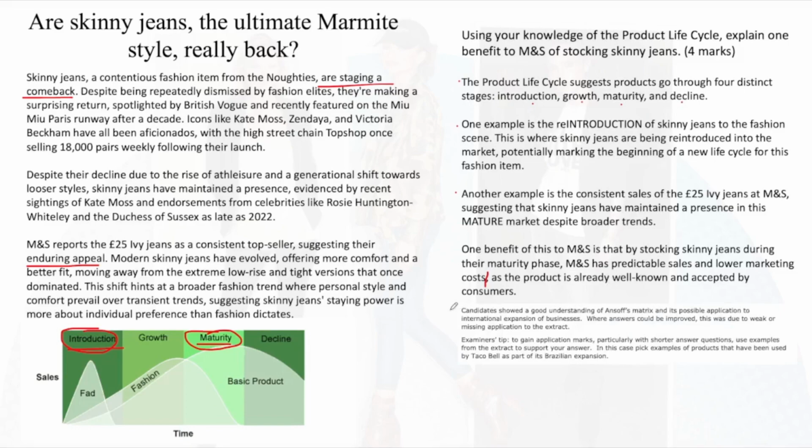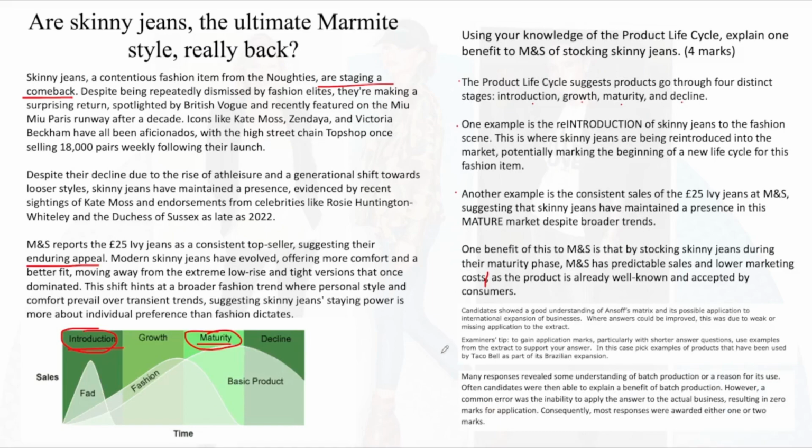Now, looking at, I think this was the 2022, I think this is paper 2, feedback from the chief examiners. This is obviously a different question, and they could be improved due to weak or missing application. Examiner's tip to gain application marks, particularly in the shorter questions: use examples from the extract. Okay, stick quotation marks around it if you want to, but use examples from here. A common mistake is people define and they give me multiple impacts and they end up on 2 marks. Here's one from another